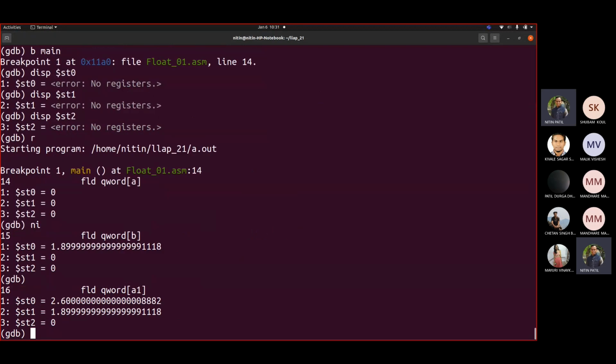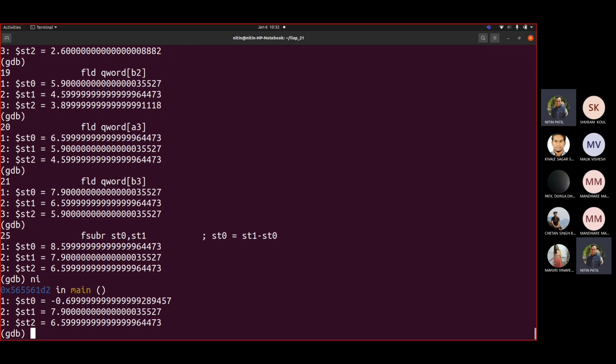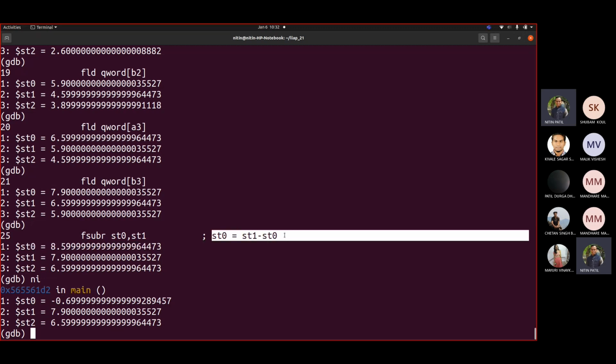Now we know the values. So yeah, we got this. Now 8.6 and 7.9. And like earlier we saw the st0 result was 0.6 something, so 0.7. Now when I write this, it is 8.6 and 7.9. Now try to see what is the result. You will see that it is now minus 0.7. The reason behind, you can even see the result was stored in st0 because of this. So the meaning is clear. st0 equal to st1 minus st0. But the result would be stored in st0 only.